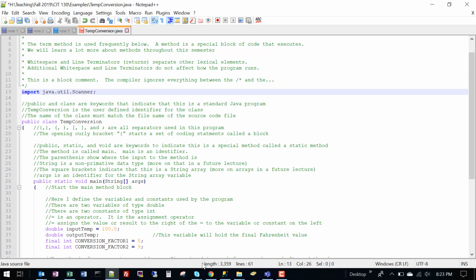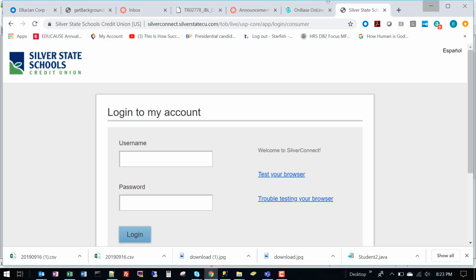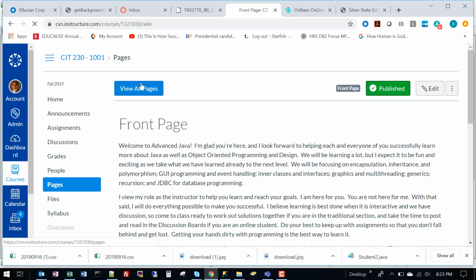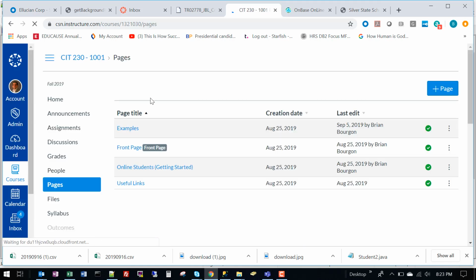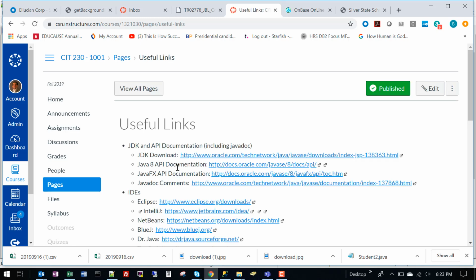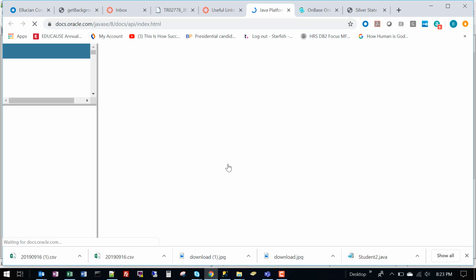Now, just as a brief introduction, something that we'll be working with more in the future is if we go into the course shell and go to pages, view all pages, and in our useful links, you'll see that there's a link to the API libraries. This one is for my CIT 230 class, but the same API documentation can be found from the 130 class. When I go into this API documentation